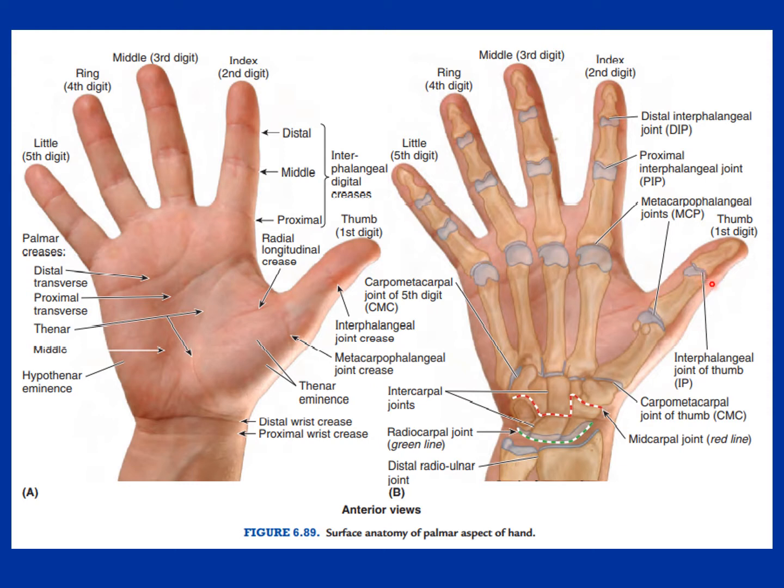The joint between them is known as the interphalangeal joints, and the joint between the metacarpal and the phalanges is known as the metacarpophalangeal joints. These metacarpophalangeal joints are condylar type of joints, and interphalangeal joints are of the hinge variety, just like our elbow joint. So two movements take place at the interphalangeal joints, flexion as well as extension, and four movements, flexion, extension, abduction and adduction, take place at the metacarpophalangeal joints, and in detail we will discuss later on.